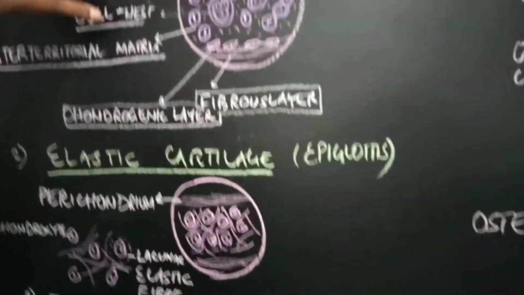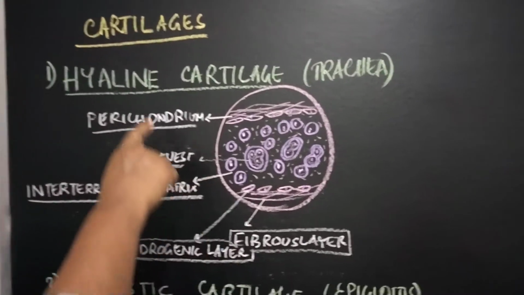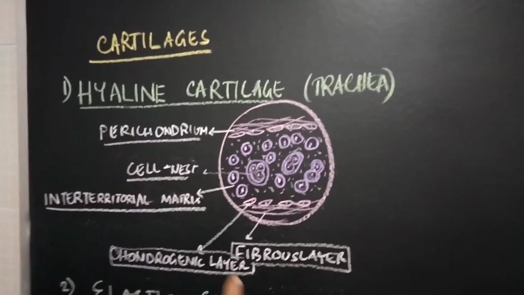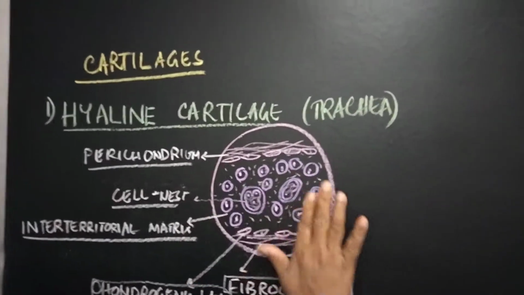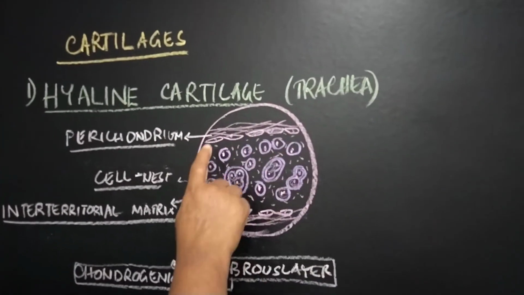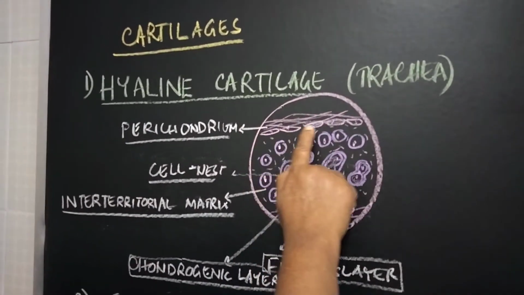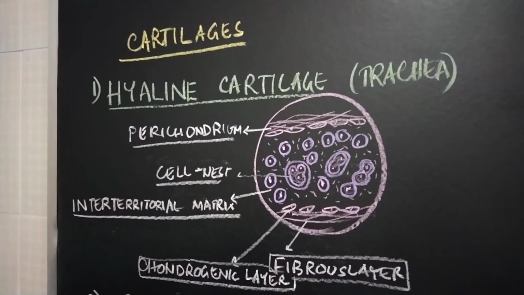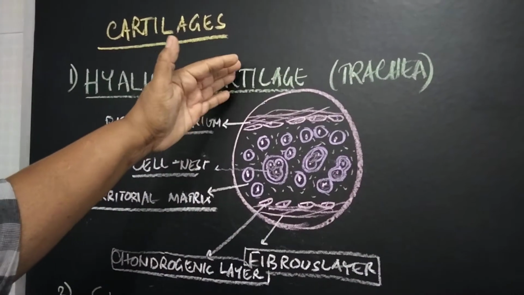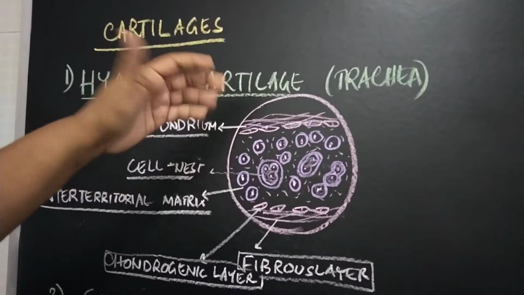Now what is hyaline cartilage? Hyaline cartilage is present in the trachea. It is hyaline because it is hyalose, that means the ground substance is reflective, it looks like glass. It is covered by the perichondrium. There are two layers: superficially fibrous, and in the deeper plane the chondroblasts are there. So when there is injury, the chondroblasts will go for